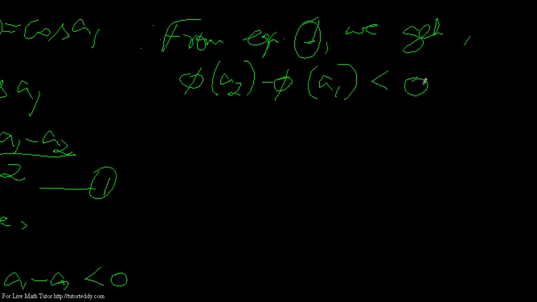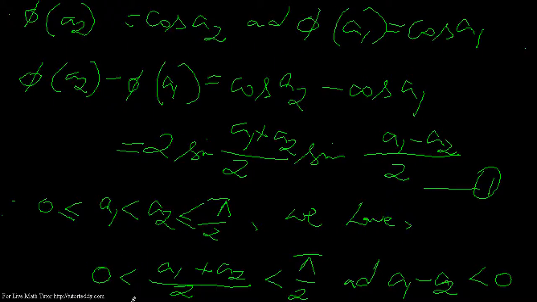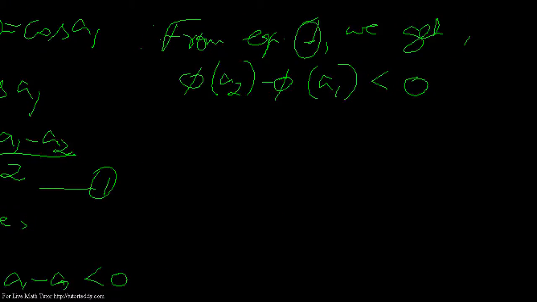That means this comes as negative because we have got these two ranges. That means (a1 plus a2) over 2 lies between 0 to pi by 2, and also a1 minus a2 is less than 0. From all these and equation number 1 we get this difference is less than 0, or phi a2 is less than phi of a1